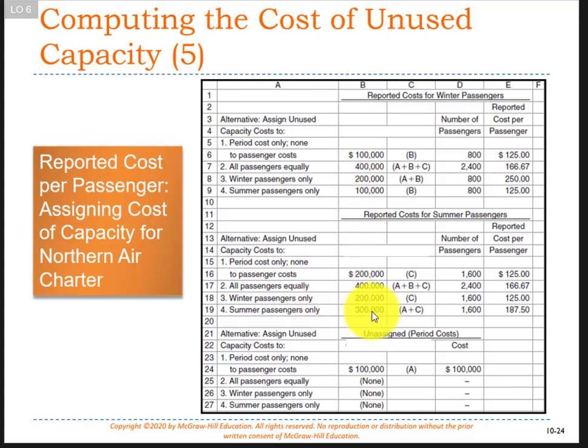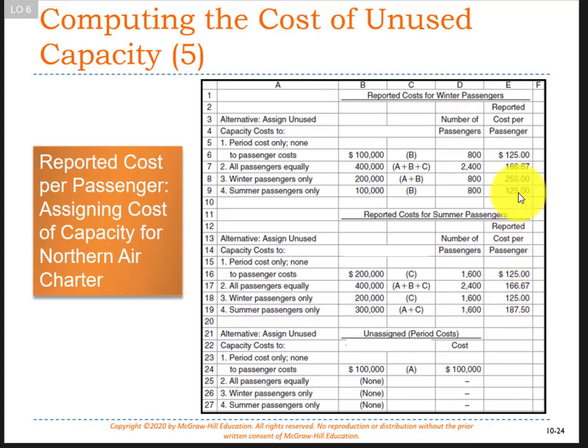So that's what this last thing does. It takes that 100,000, okay, of cost that we have. Yes, we pay them in the winter, but it really is a cost of meeting demand during the summer. And so we allocate it to our summer. So you have the 200,000 to actually serve the customers in the summer, and 100,000 for the extra capacity you have all winter because of the summer. Add that together, divide by the 1,600, and you see this is probably a more realistic view of the cost